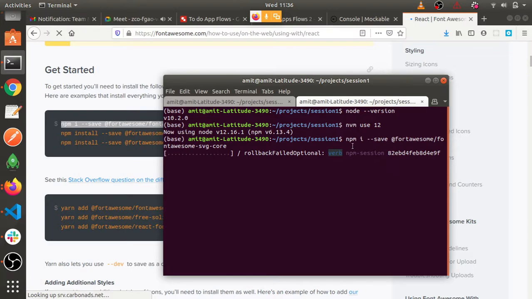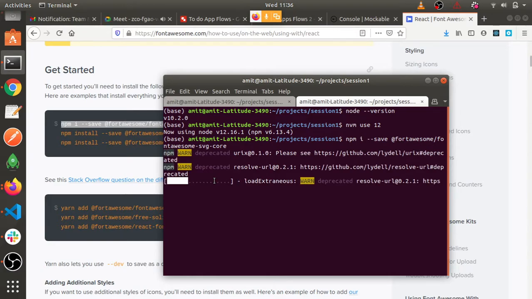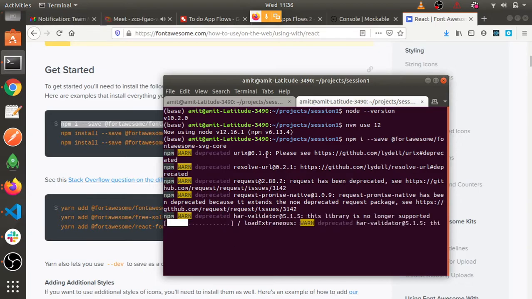So this is the first thing which I installed. There are 3 things that I need to install because they have dependencies. It is installing.